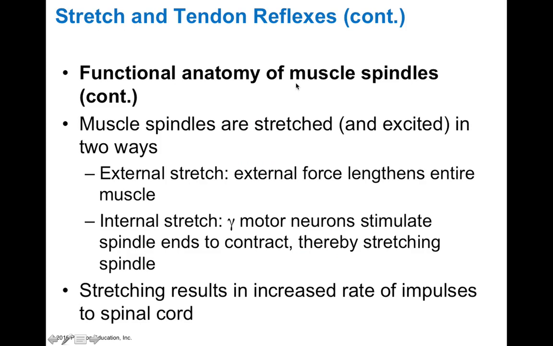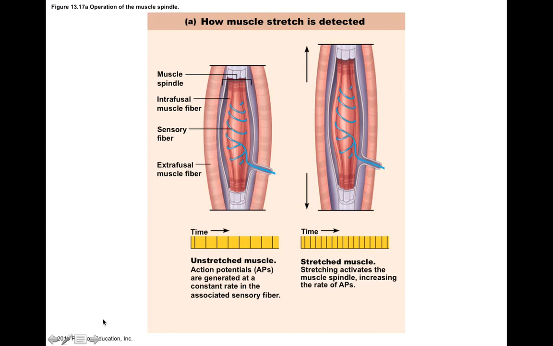In terms of the functional anatomy of muscle spindles, these spindles are always stretched and excited in two ways. They can be stretched externally or internally. Externally, we're talking about force that lengthens the entire muscle. Internally, gamma motor neurons can stimulate the spindle ends to contract, which stretches the spindle. Stretching results in an increase in the rate of impulses to the spinal cord. If we can measure the number of action potentials transmitted by our sensory neuron here, we see